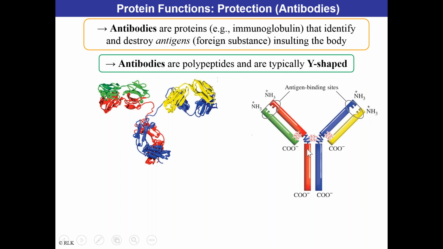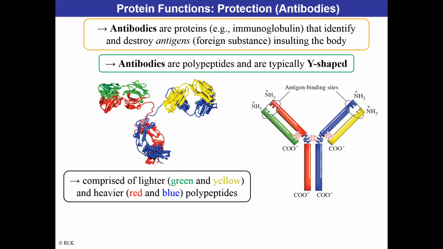And guess what? Everything is held together by disulfide bonds, right? So you have those linkages. And so you can see how this antibody is especially reactive, because look at all the charged environments that it has. All of the ends have the carboxylate or protonated amine ends, the C and N, or N, I should say, terminuses. So if it's comprised of green and yellow, then you're going to have some polypeptides that are